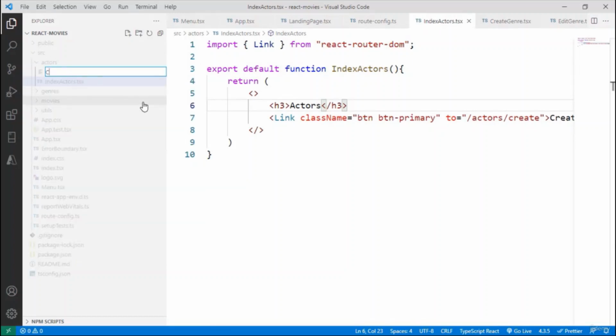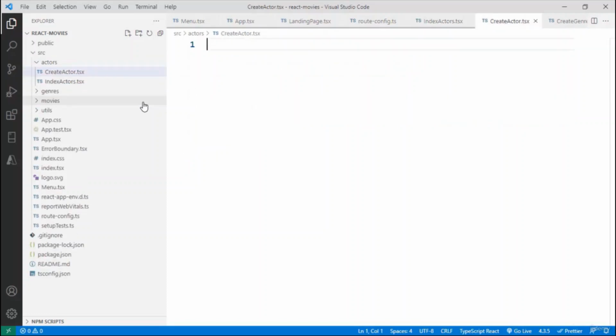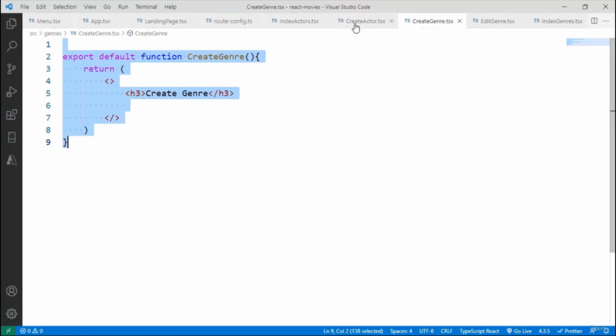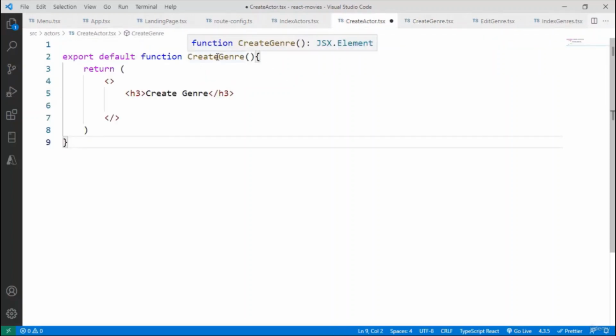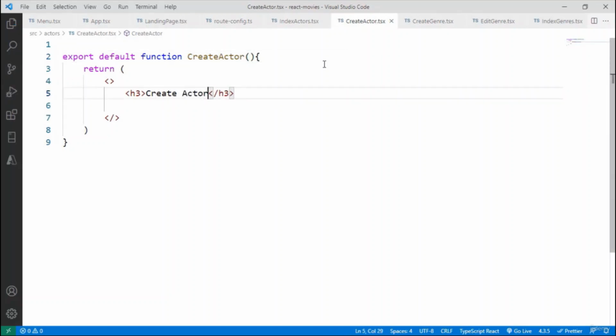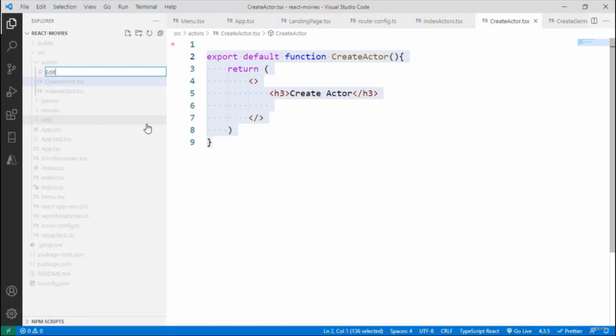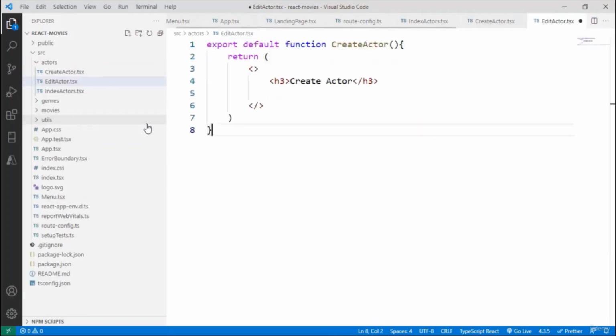So new file, create actor, I should have said create actor, not create genre. Now let me go to create genre, copy this, paste it here, and create actor here, and create actor here. And let's do the same for edit actor. So I will just copy this ahead of time, and let's create the final component, edit actor.tsx, paste, edit